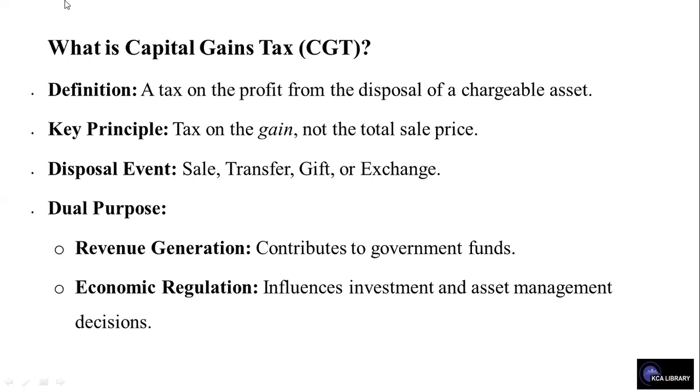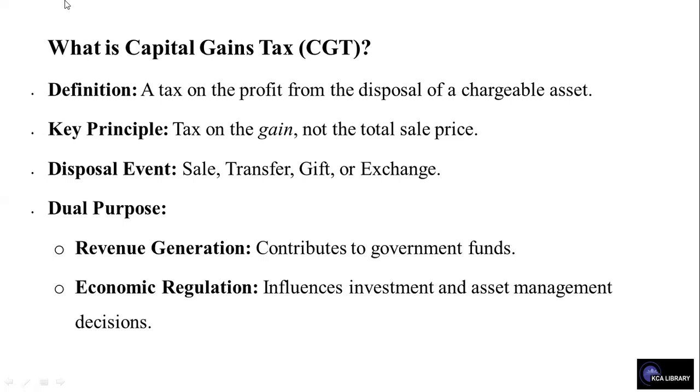And the disposal event is on the basis of sales, on the basis of transfer, on the basis of providing the asset as a gift, and on the basis of exchange. And on this basis, CGT is charged. It serves a dual purpose. The first is revenue generation, which contributes to government funds, and next is economic regulation, which influences investment and